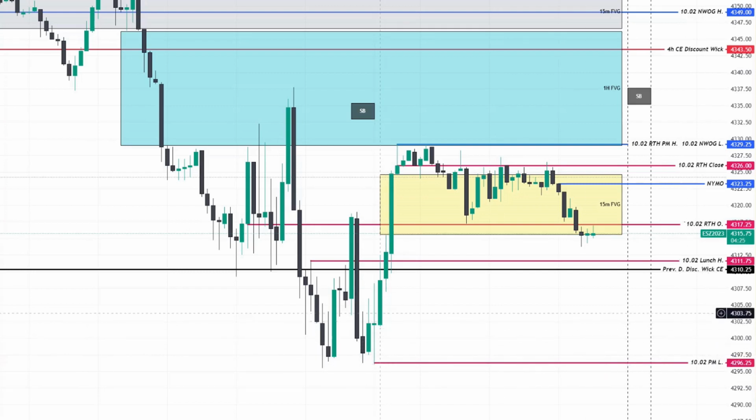We were bumping around in that price low for quite a while from the noon to the PM. So we really didn't come back up until the last few minutes of the close. The last thing I'll say is this premium discount wick for the daily prior day comes in at 43.10. So these are the levels here.